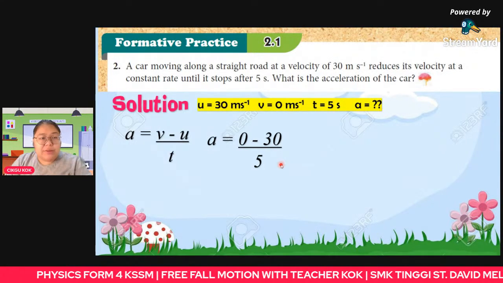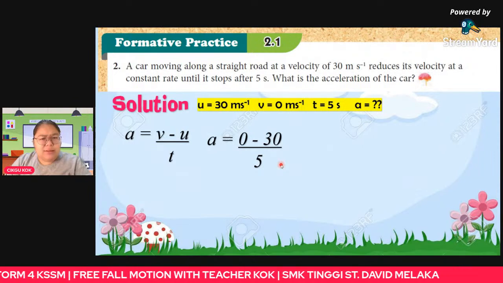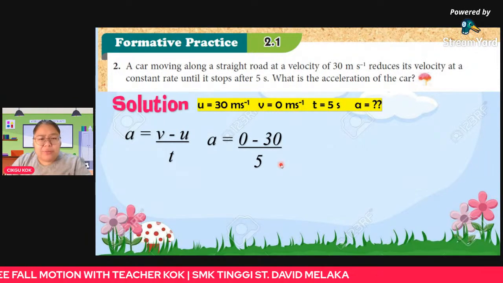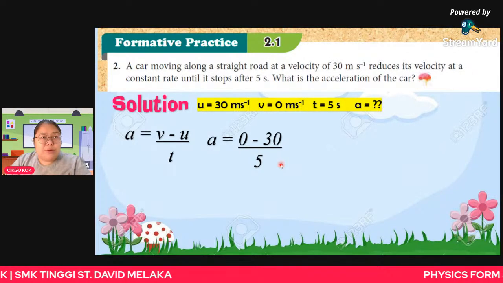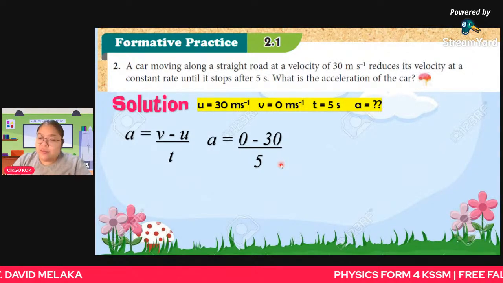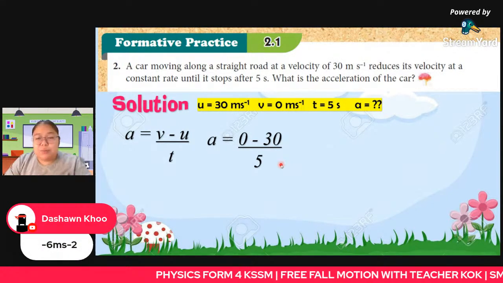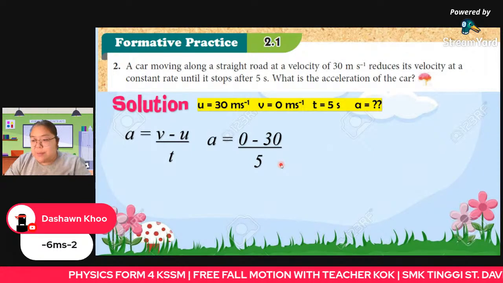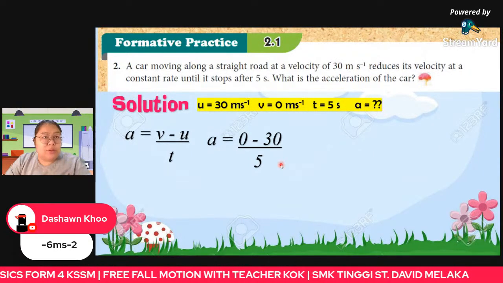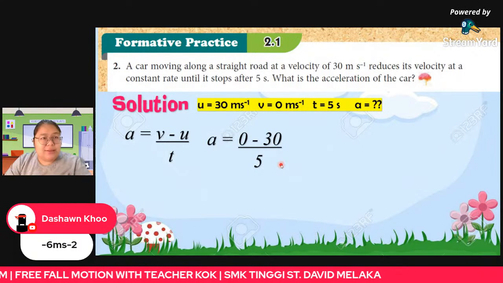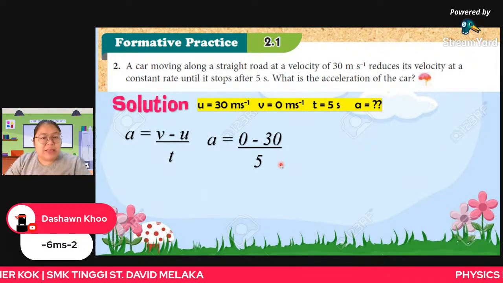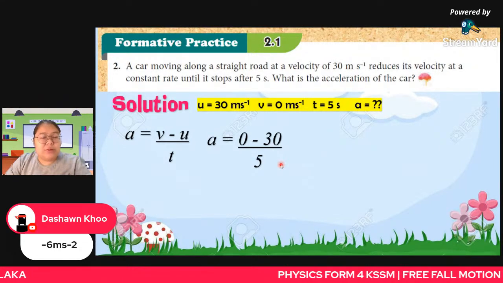Okay, -6. Dylan, how come you get -5? 30 over 5. Okay, maybe you typed wrongly. Okay, so we get the answer, with unit. So the answer should be -6 m s^-2. Okay, yeah, correct. Then we got -6 m s^-2, it cannot be just m s, it must be s^-2, because this one is the